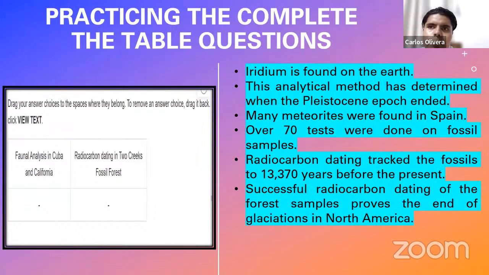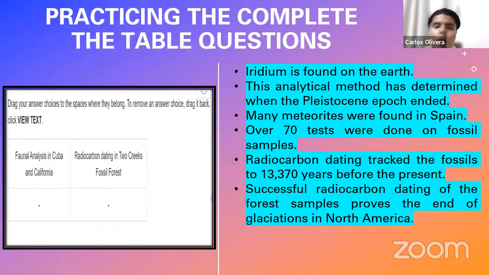What is the thing here? The thing is, you have this picture on my screen, and it contains 2 different boxes. One that says faunal analysis in Cuba and California, and the other box that says radiocarbon dating in 2 creeks, fossil forest. What is this? These are 2 boxes that contain, as I say, each of them a category, okay? Your task, dear students, in this particular question is to simply take the sentences you have here on the other side and to drag them within the reply box that contains the category to which that